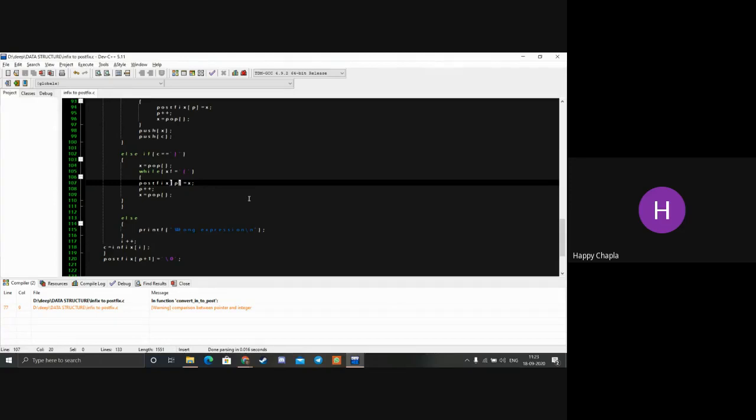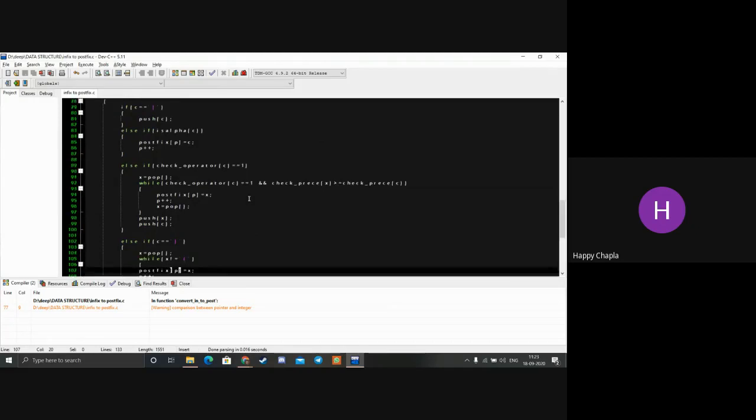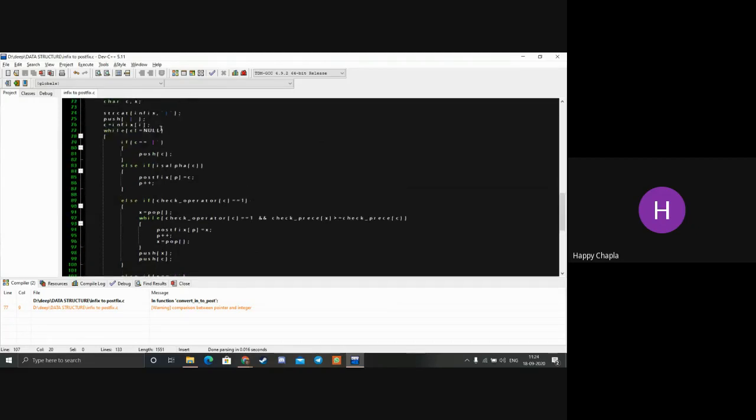One warning. Line 77. Go to line 77. Yes, just wait. While c is not equal to null. Okay, no worry. You can remove that null and you can write single quotation, slash and 0. Yes, single quotation.